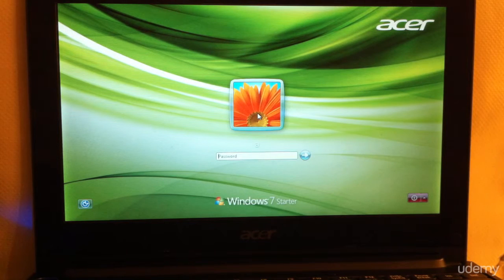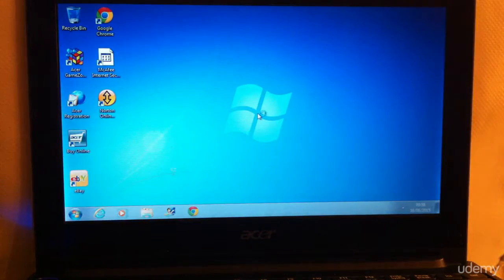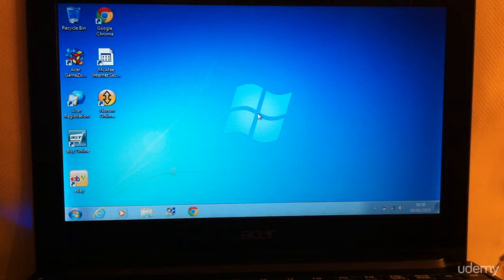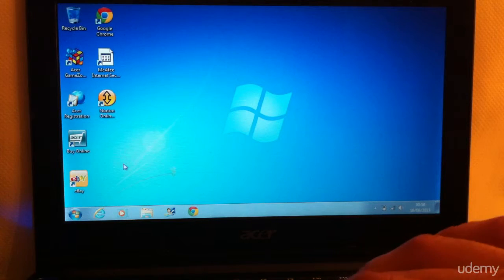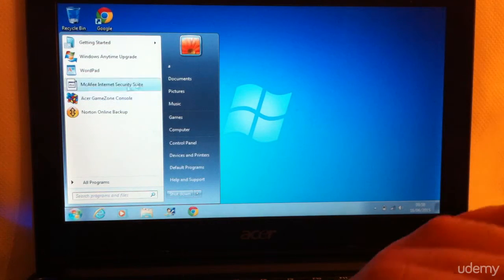Now again, I'm being asked for the password, but this time I'm going to log in without putting anything. I'm just gonna hit enter. And as you can see, I was able to log in to the computer without a password. Even though before we used Kon-Boot, we couldn't log in without a password. But now I was able to log into the computer without a password, and I can use the computer now,